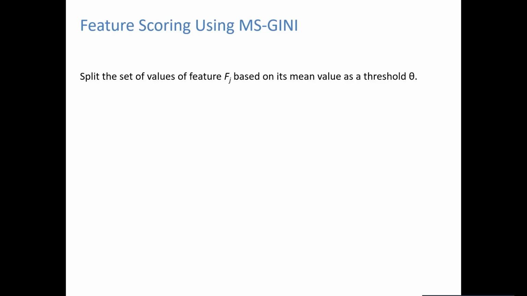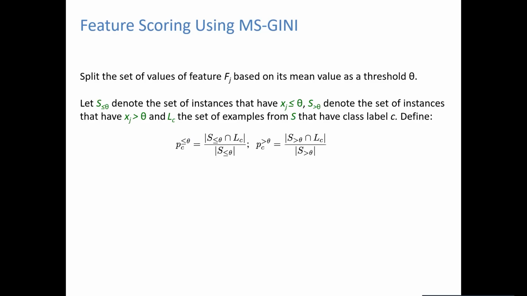There are two things that will become more expensive if you are trying to do that in a secure way. The first thing is sorting to begin with, which is expensive in a secure way. And secondly, you are trying to do the splitting at every possible point, so you're repeating the operation. You're doing one additional for loop there, which makes a big difference in cost. So we are doing this mean split point Gini idea.